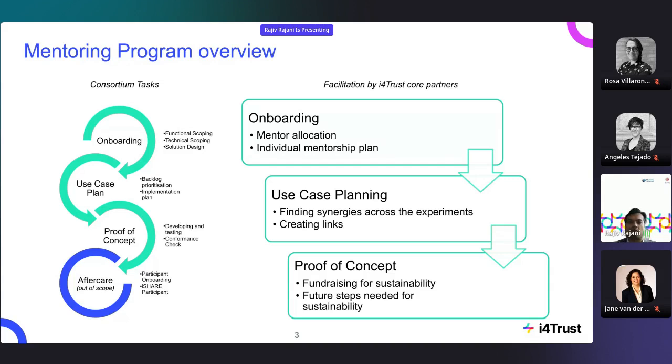And not only that, but we also provide you with additional networking opportunities with other participants who are not part of this program as well.